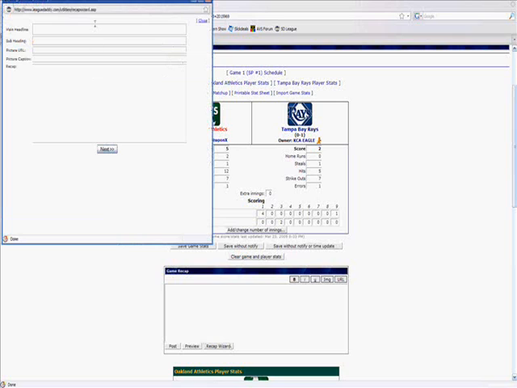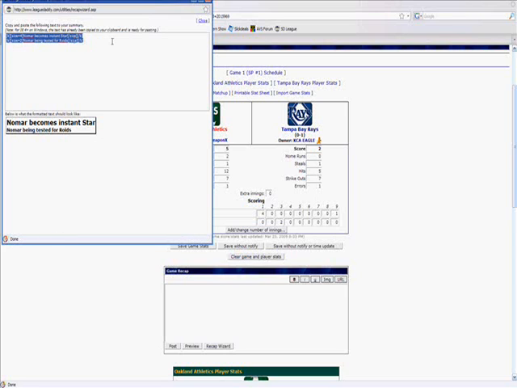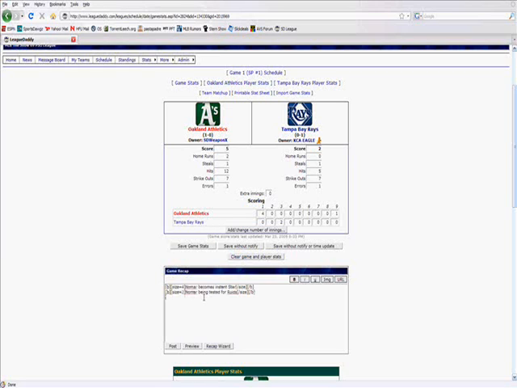You can do a recap wizard, and you can just type in anything you want. You want to do an article, try to make them serious. I mean, we have fun sometimes, like I'll put Nomar being tested for roids. And you can search through Google Images and actually right click on any image you find, and it should say copy image location. Paste that right here in the picture URL, type in a little caption for it, type your story, hit next. What it does is you're going to copy that's selected right here, and you're going to post it right here in the game recap. After that, you're going to hit post,